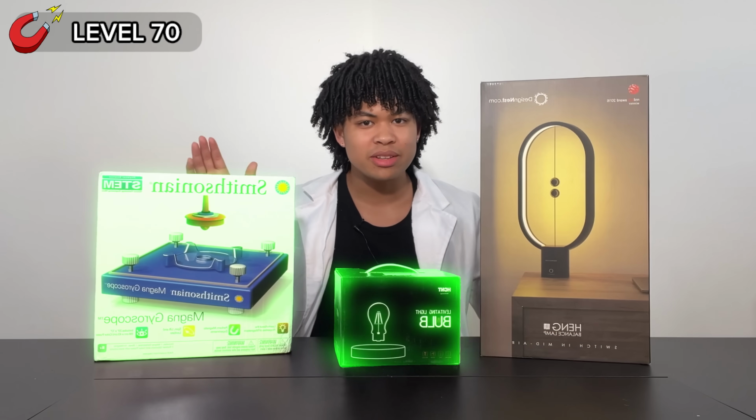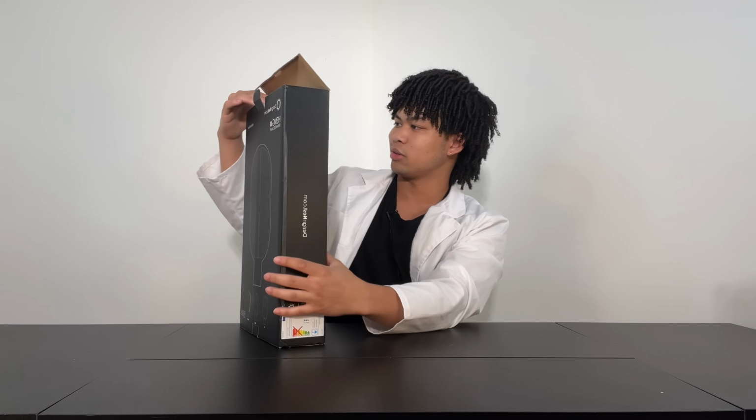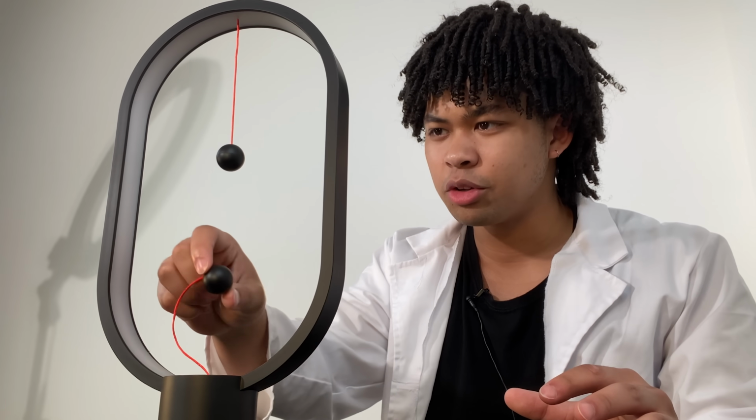For level 70, we're testing 3 different levitation devices, starting with the balance lamp. It says I won the Red Dot Award of 2016. I don't know if that's like a big deal, but that's pretty cool. The balance lamp is plugged in, so all we should have to do is...